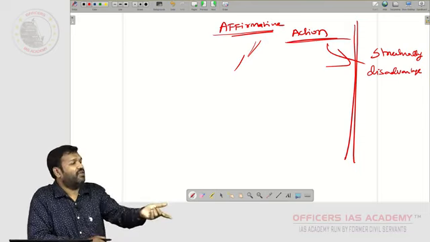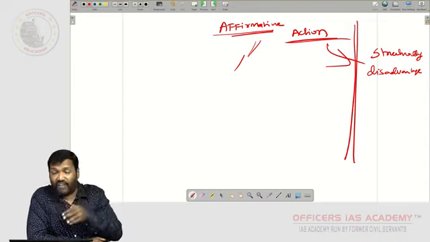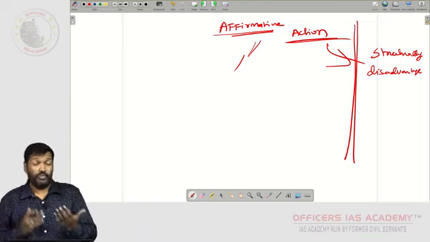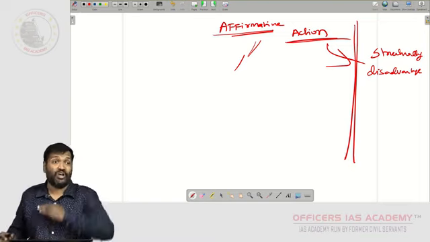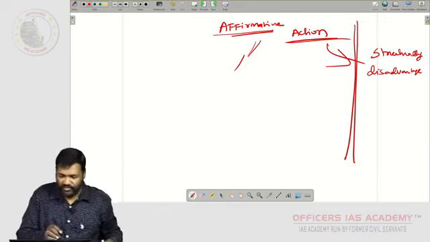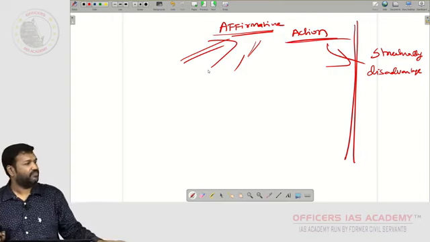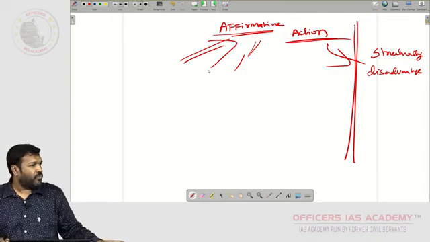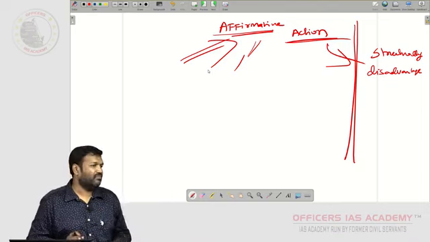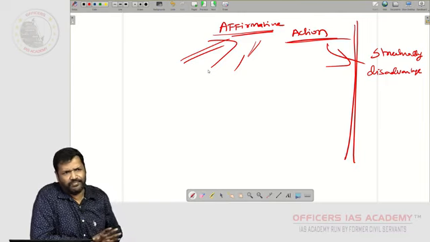So what if it is not there? That is the question we have to answer. If the affirmative action is not there, then it will take 100 years for these structurally disadvantaged people to come up. So that is the reason affirmative action should be there in every society, argue scholars. It cannot be imported, because every society has its own set of structural oppression.